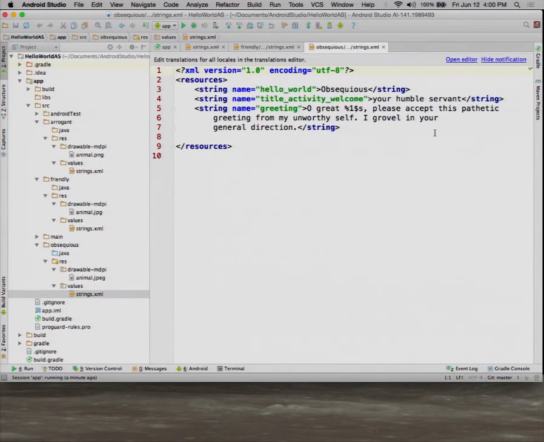Now, they say flavors are for things like paid versus free, which implies you can also change Java versions, and you can, but you have to be careful with that because you can get conflicts. With Java, you have to basically not have one in main and have the same class in each of the flavors and make sure that you have the same methods available. It's a little bit more work, but you can merge that. But the strings and the images, this is easy. So I think of flavors as an easy way to put a skin on an app for a different client. I have one for one client or one for another or one from a third. That seems to be a very useful mechanism that you might want to take advantage of. You can merge the manifest too. Again, there are complex rules in how that works, having additional activities or services and so on.